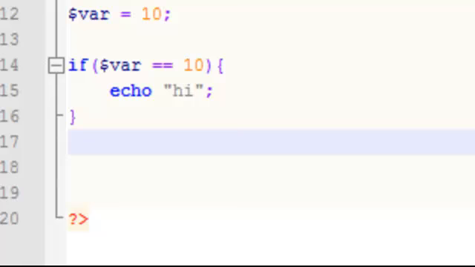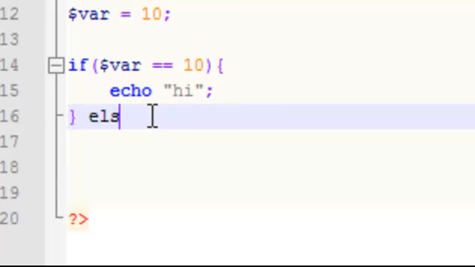Now what we're going to do is add another statement. We're going to add else. For else, you do not need a conditional parentheses box because you're not doing another condition for else. You're saying if the variable is equal to 10, echo high. Else means if the variable is not equal to 10. There's no specific condition you're doing. You're not saying if the variable is equal to 11. You're just saying if it's not equal to 10 in this specific condition. So we're going to go else, and we're just going to go ahead and open the bracket,